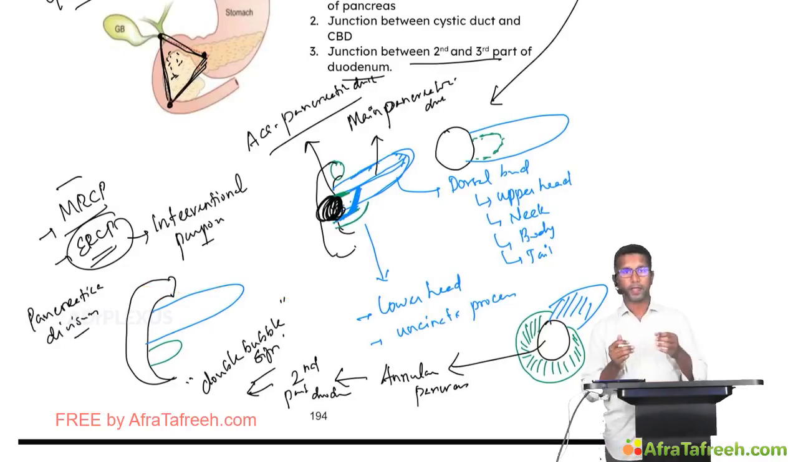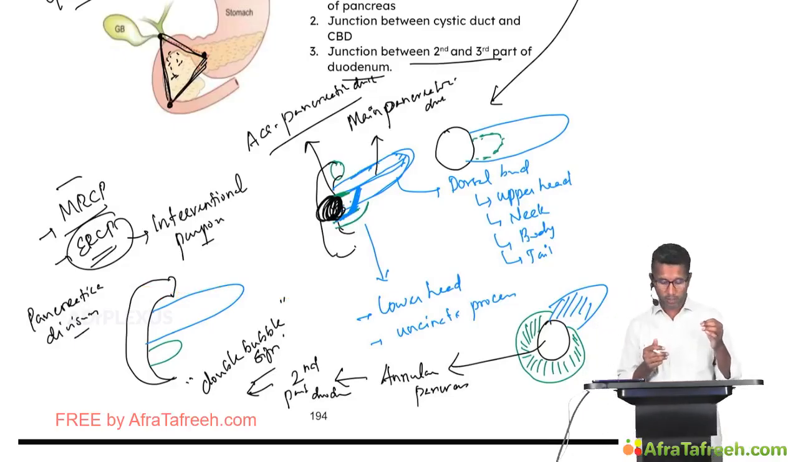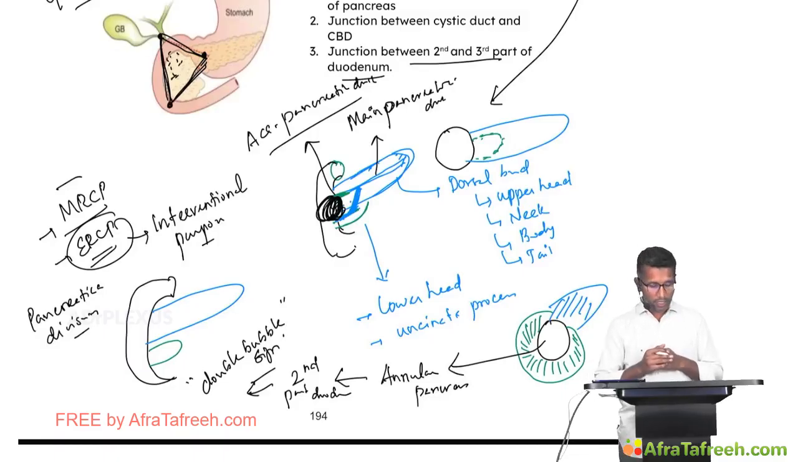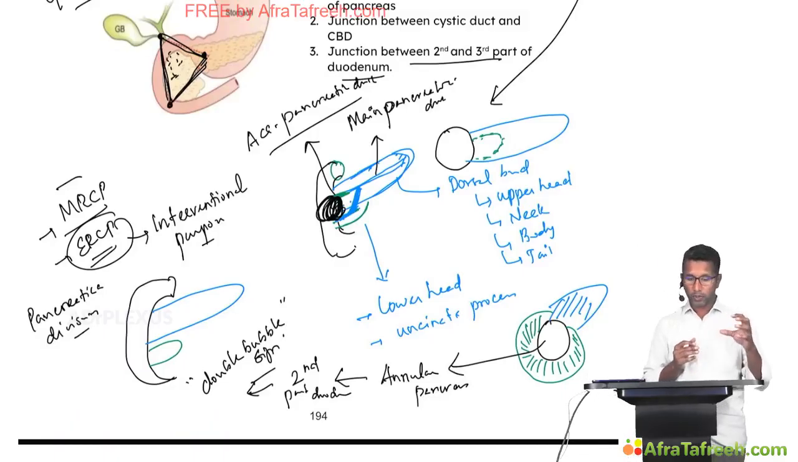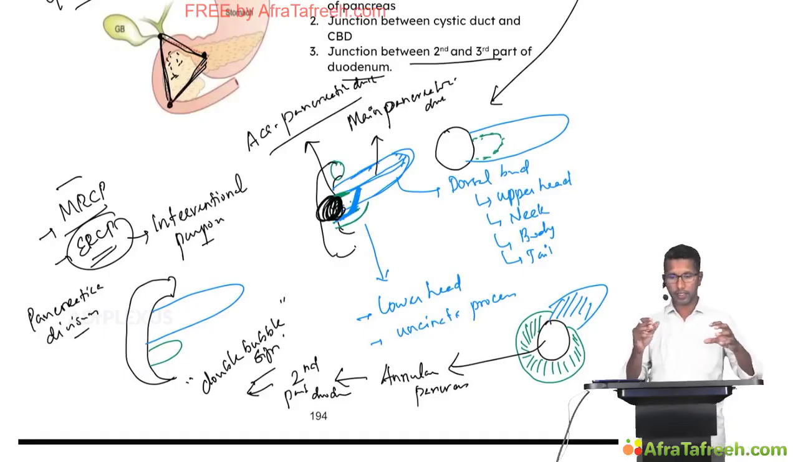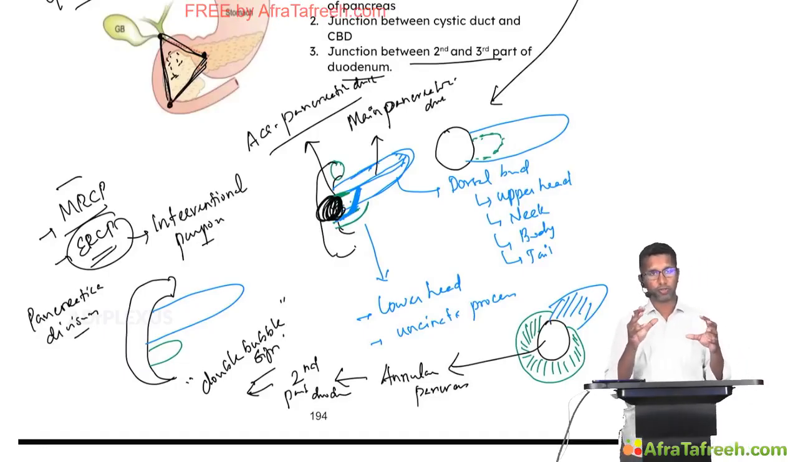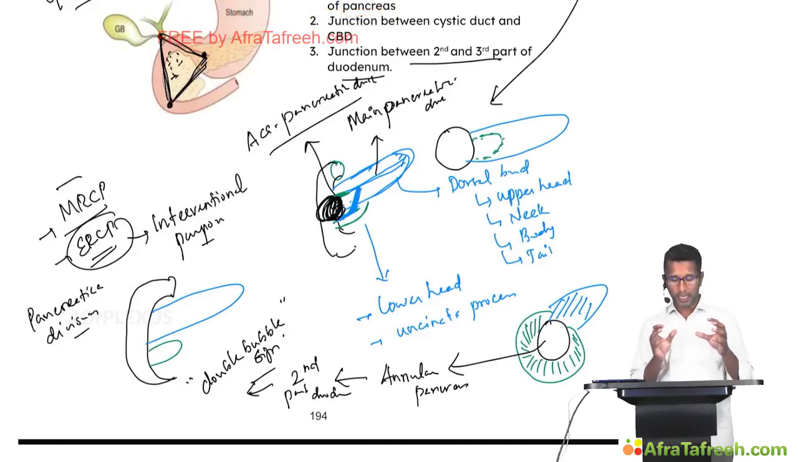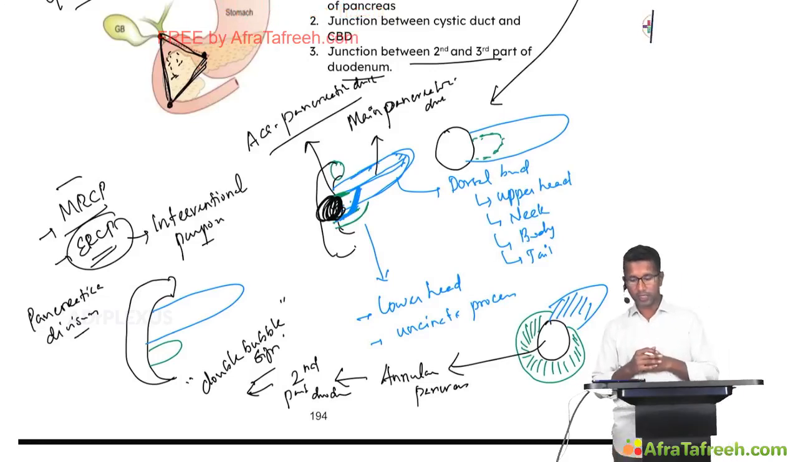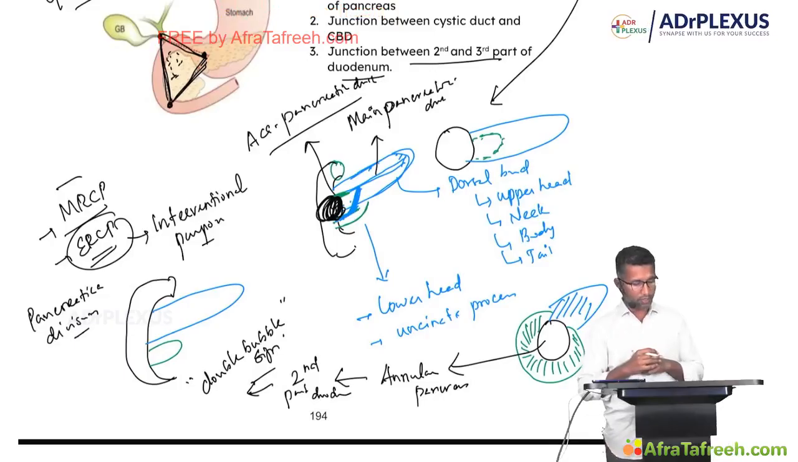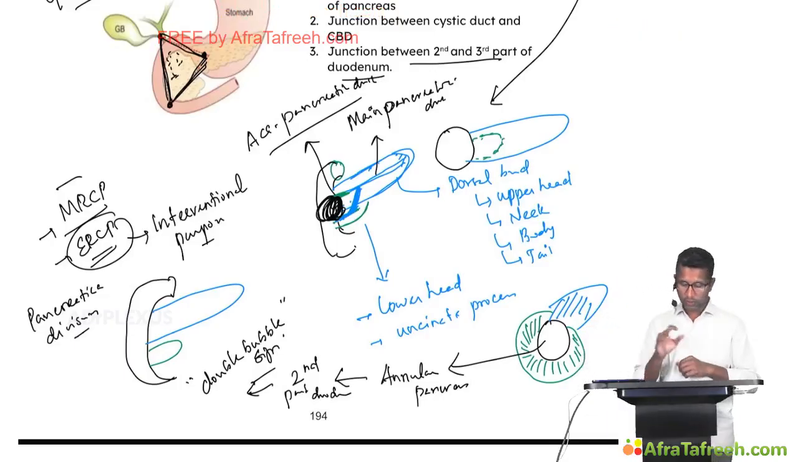So whenever there is a second part of duodenum occlusion, the pylorus and the stomach, and the first part of the duodenum dilate and form a sign called the double bubble sign. So this is about the